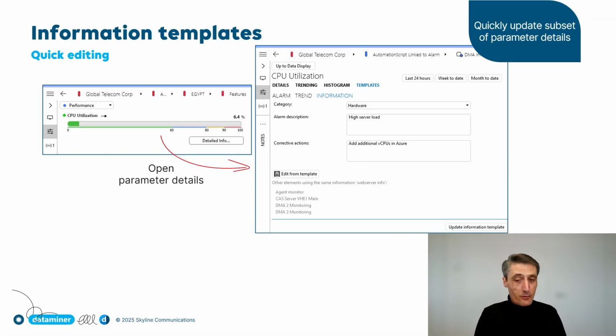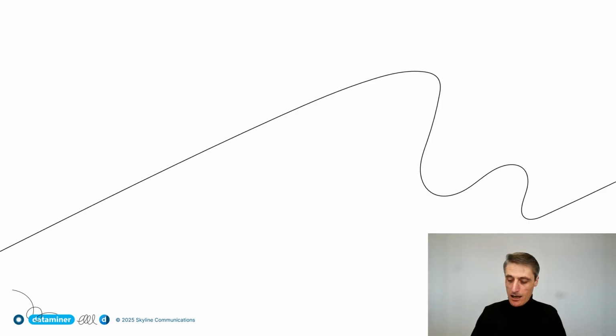So the information template is not only about changing the name of a parameter, it is also about giving additional information for SLAs, and in this case, even helping out a user or an operator with what the alarm is about and what the potential corrective actions are to fix this problem. And you have that shortcut to drill down into it. So that was a little bit about the